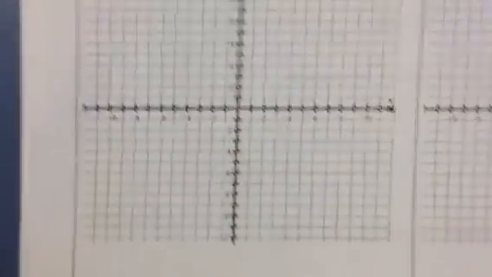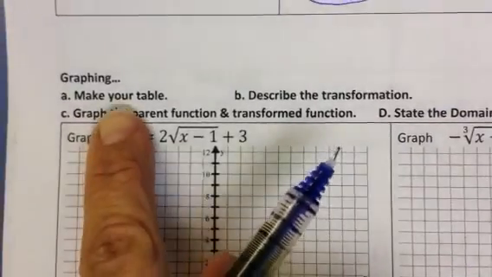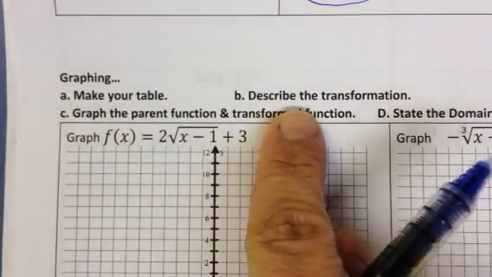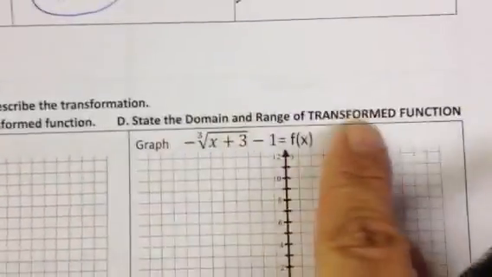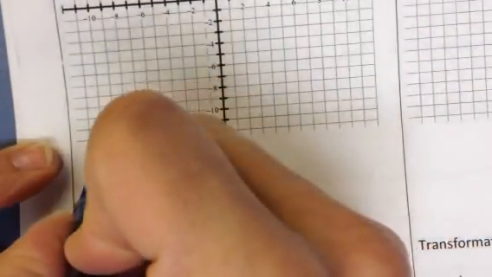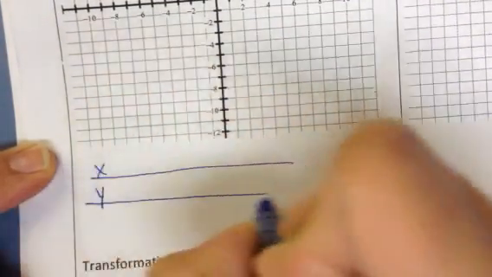All right, graphing. You will definitely not have your graphing calculator for this portion of the test. So you'll have to make your table, describe the transformation. You're going to graph both the transformed and the parent, and then the domain of just the transformed. So square roots. On the content check, some people were switching these around. In square roots,